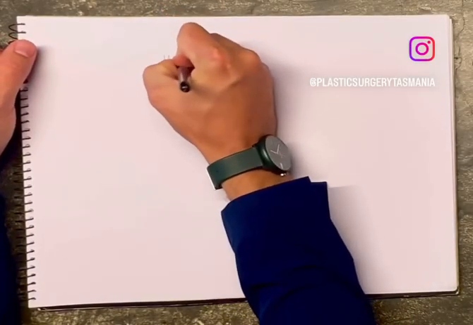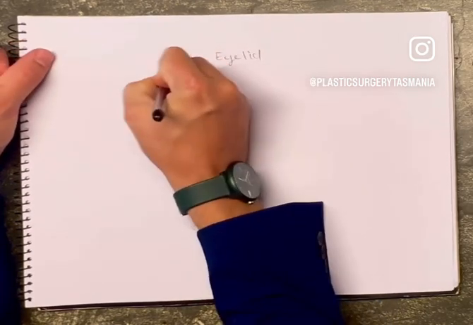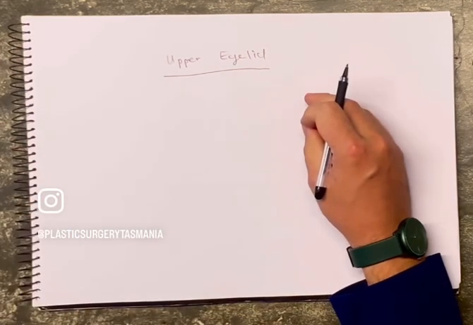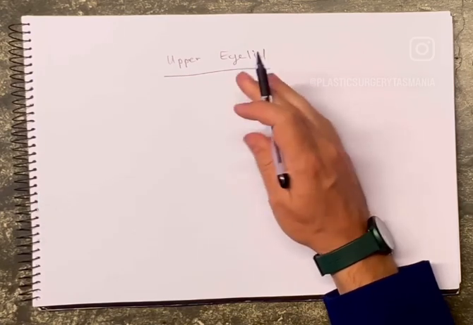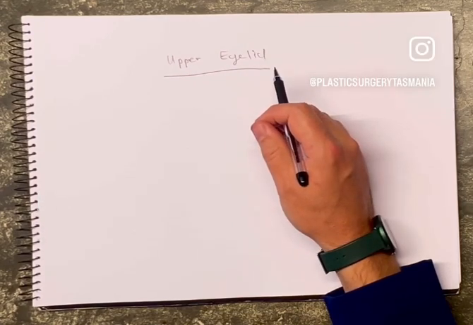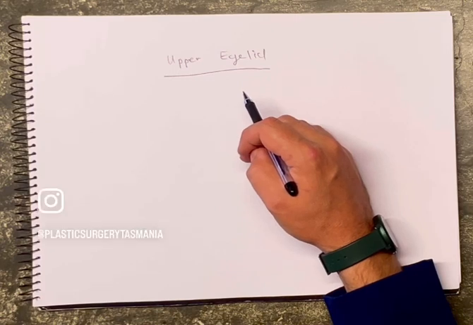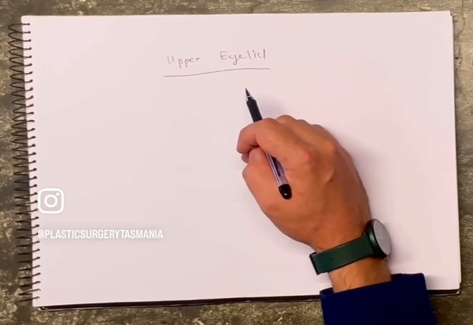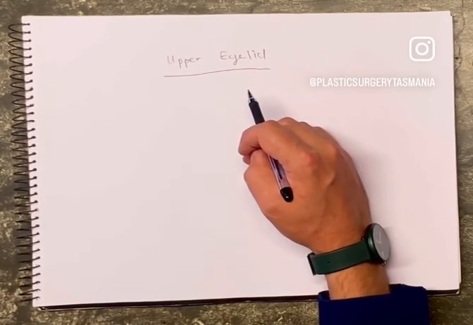Anatomy, and you have to excuse my writing because we have doctors writing, anatomy of the upper eyelid. This will be pretty basic and it's just to give you a general understanding. Now the eye, what we're talking about now is a cross section through the eyelid. There's other quite complex anatomical discussions to be had about the retaining ligaments around the eyelid which give it support, as well as the fat pads around the eye and eyelid, which is something we talk about when we're assessing